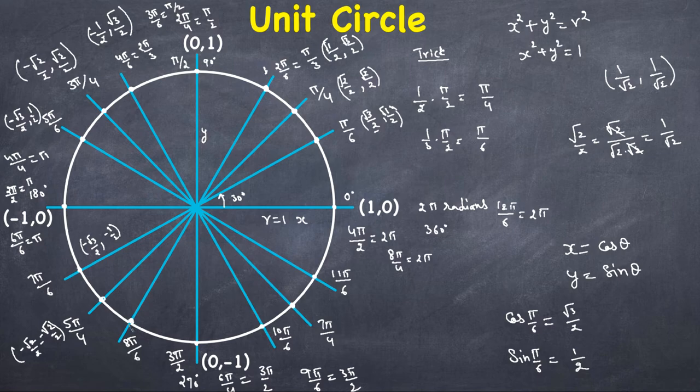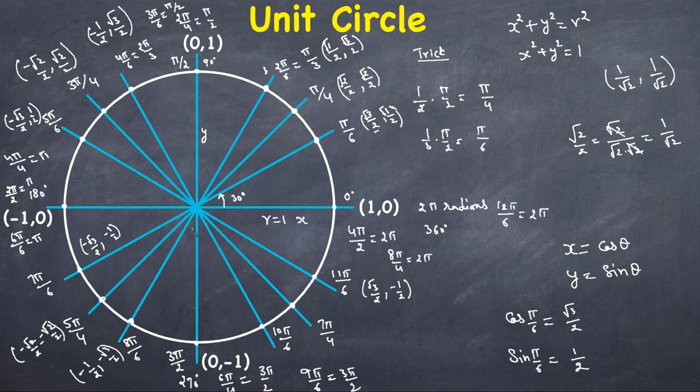And this coordinate here is going to be, go over this value here, both are positive, go along this line over here, so it's going to be negative 1/2 and negative root 3 over 2. Same thing we're going to write over here in the fourth quadrant. If you go along this side, here x is negative and y is positive, but in the fourth quadrant our x is positive, what y is